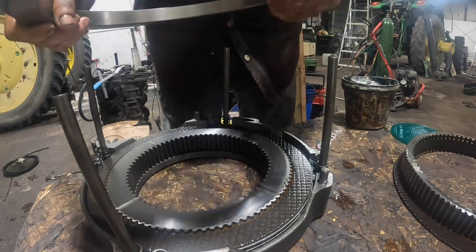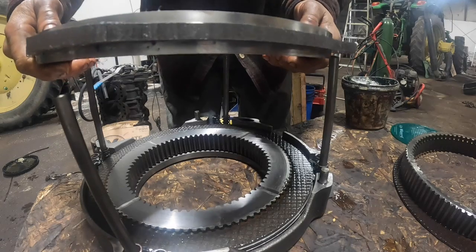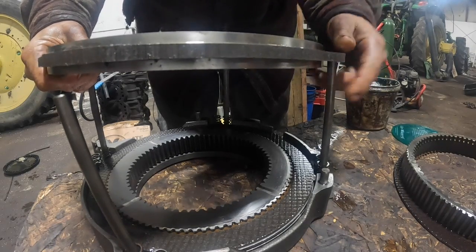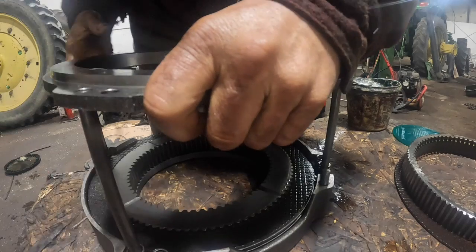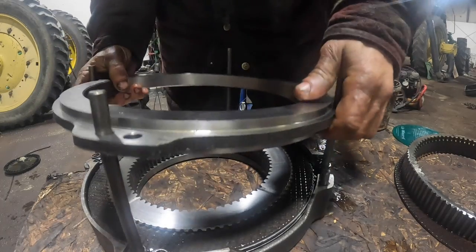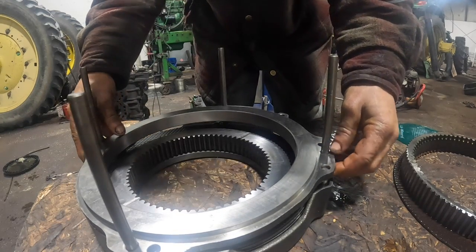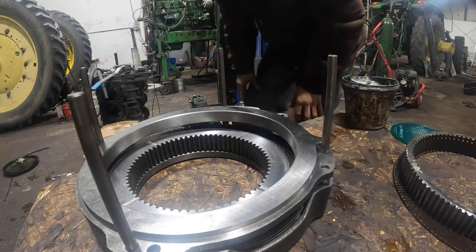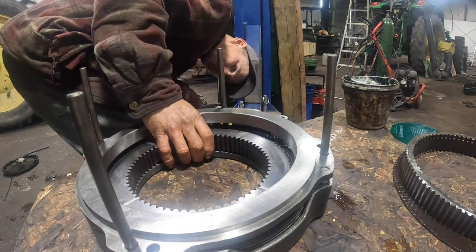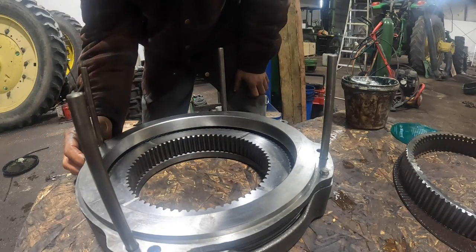Okay, and then we got to line up all these dowels. That is your oil hole. That one. That one. And that's wrong. Little dowels right there. Okay, I'm gonna have to get me a rubber mallet. No, it's going. Okay, I have put these together before without